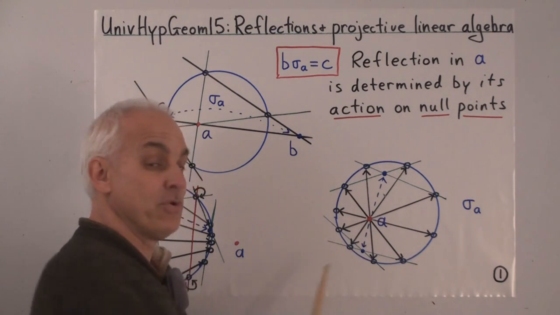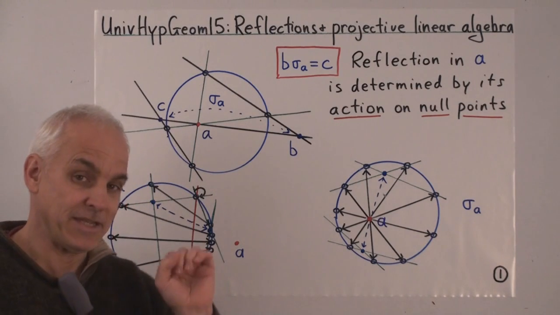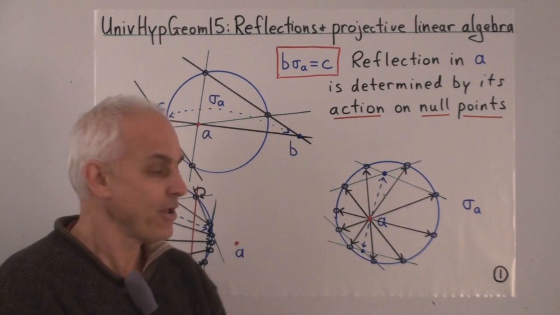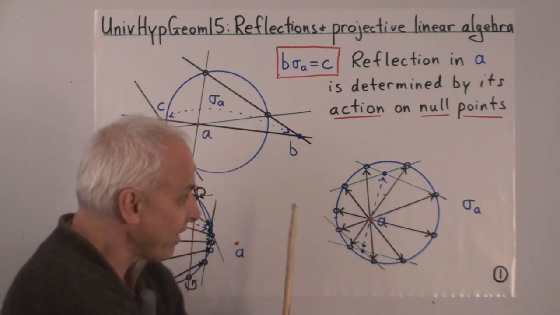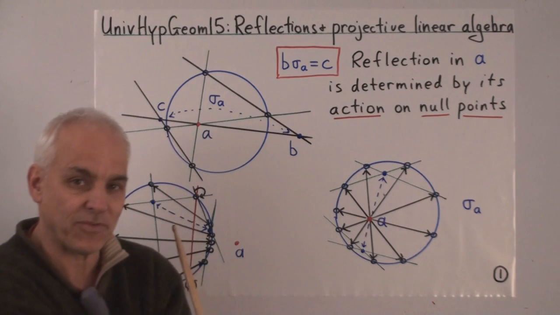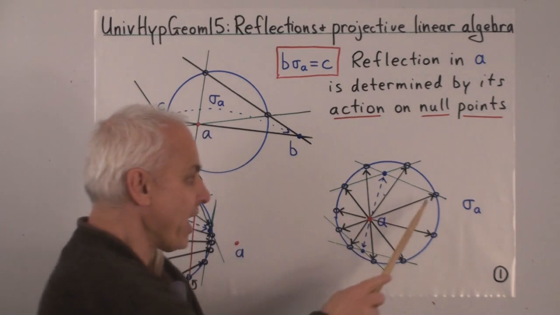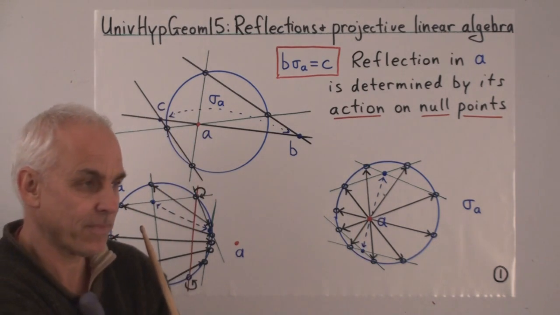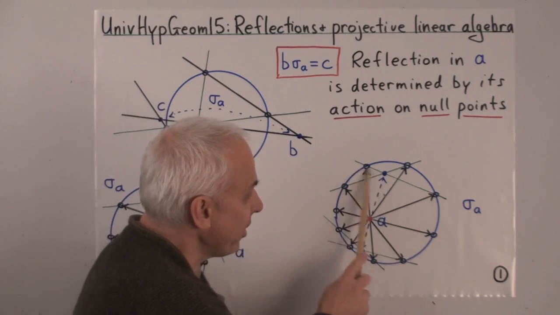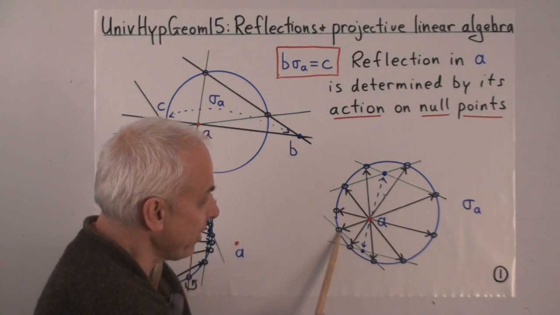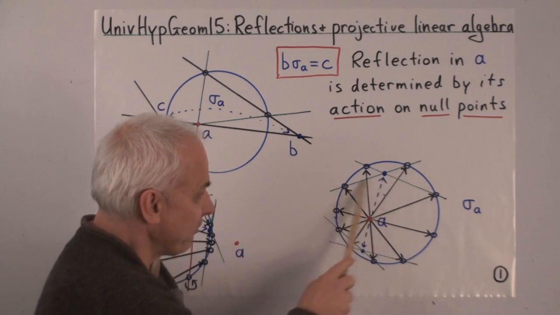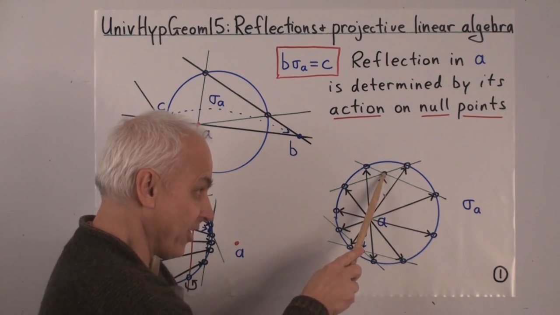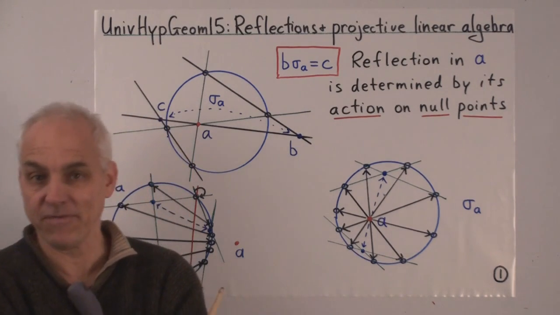And if we know this involution on the circle, we can find the reflection of an arbitrary point even if we don't know the point A. So suppose we wanted to reflect this point, but we didn't know where the center of this reflection was. But we did know that this point was sent to that point, that this point was sent to that point, and so on. Then we would know that this line here would have to be sent to this line here, and this line here would have to be sent to this line here. And so that unambiguously tells us that this point would have to be sent to that point under the reflection.